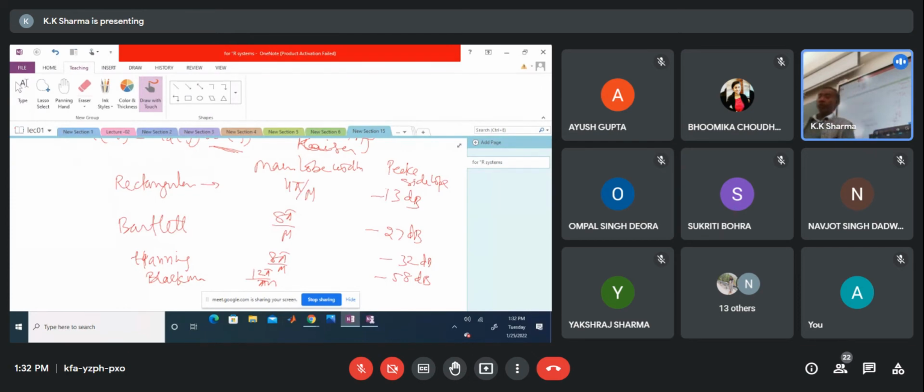So you see, you can improve only one of these two characteristics. Ideally, we should have largest side lobe reduction and smallest width of the main lobe. Because larger width of the main lobe means more transition bandwidth, and we like it to be as minimum as possible. So these two are the main characteristics which are desired, but they are not possible in a given window. Is that clear? So you have to make a compromise.